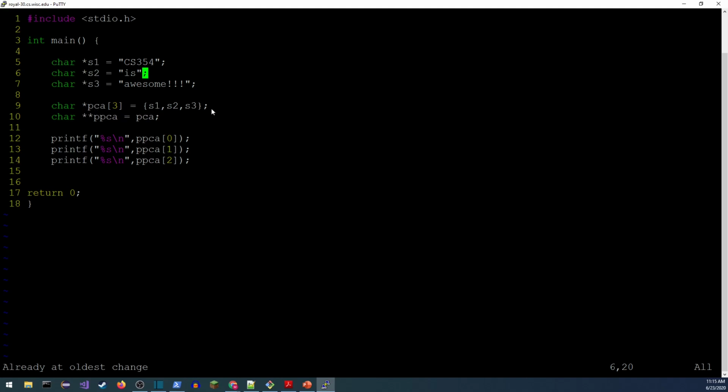Now, they're already pointers, so I don't need to dereference them or anything. These already contain those addresses that I want in this array. And then here's what I was talking about. This is the pointer to a character array, and I just gave that PCA. This is already a pointer to pointers. So this works great, and then I can access all of these. I'm just printing out the strings stored in the pointer to a character array, element 0, element 1, and element